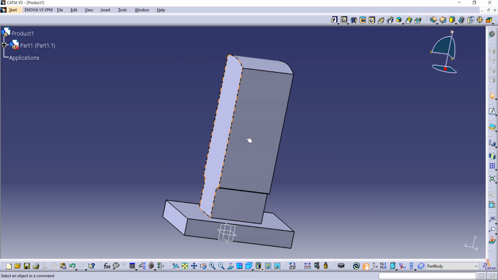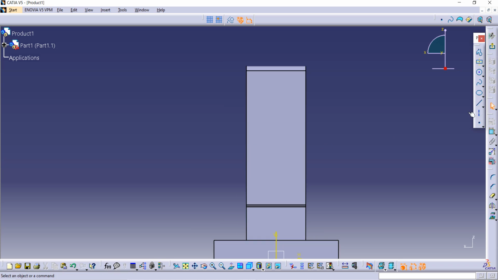Now you have to sketch on this surface, so select the surface and then go on sketch option again, and now use this projection command first. No, this is the projection command, and project this line. And now you have to use this profile command, then take this tangent arc and make one arc. Sorry guys, just a second. I am making it again. Here is the tangent arc, so make one tangent arc and complete it here.